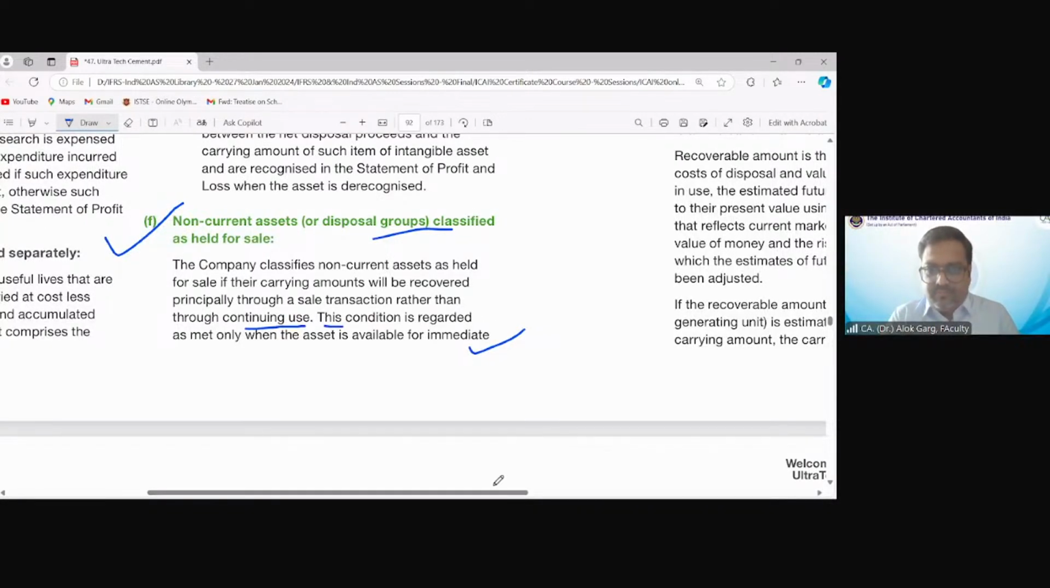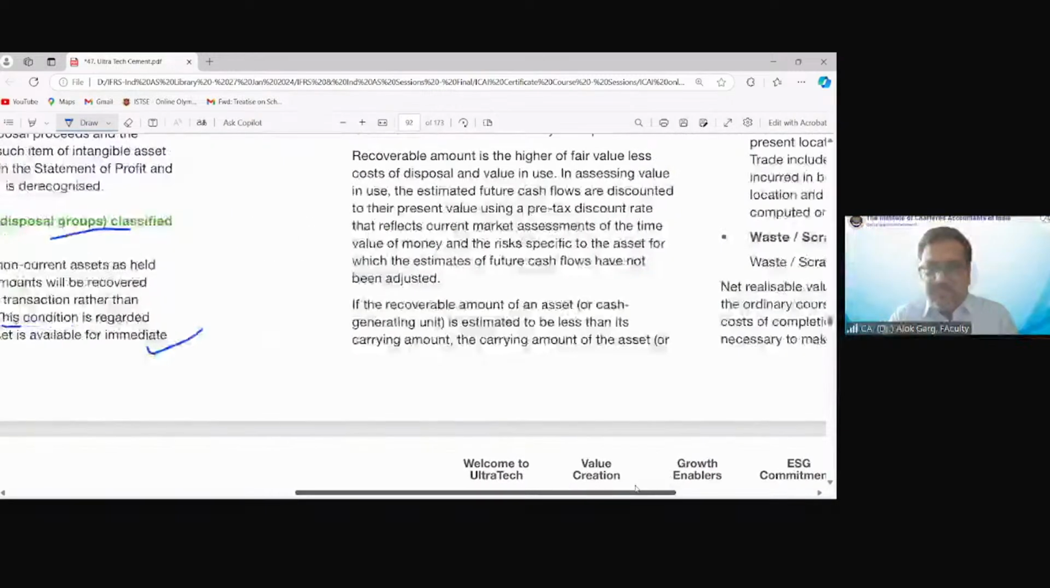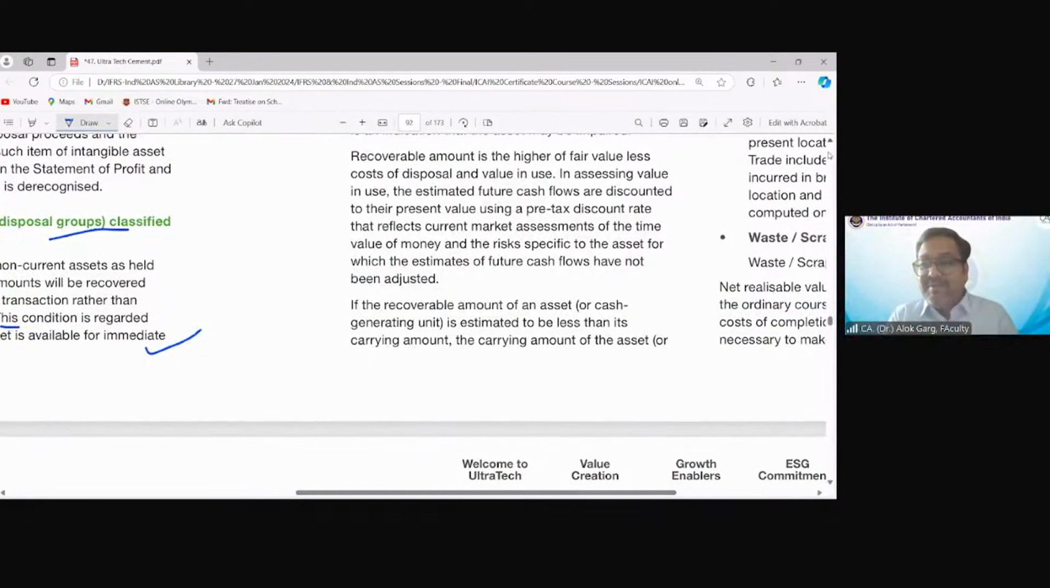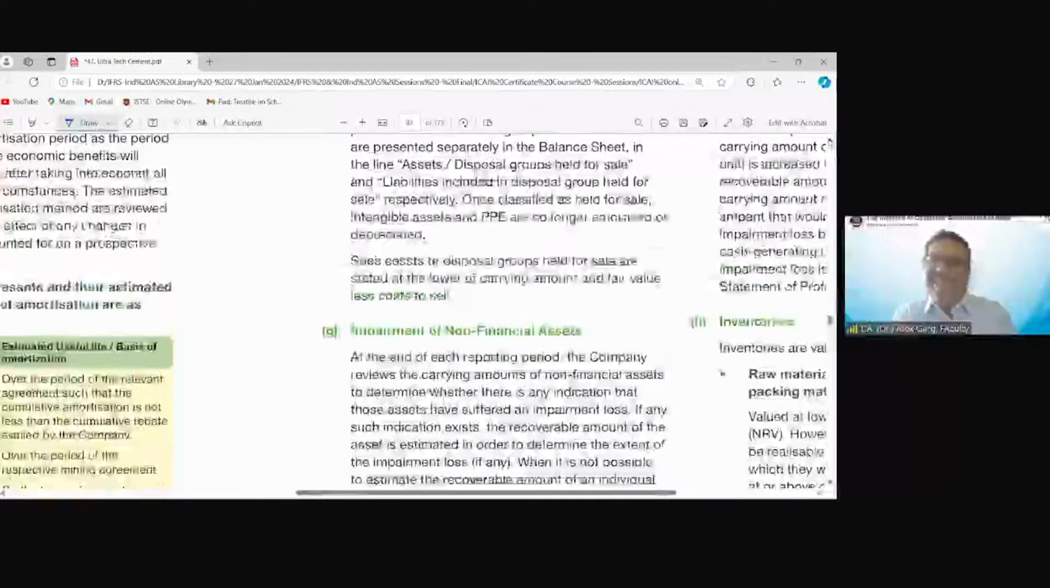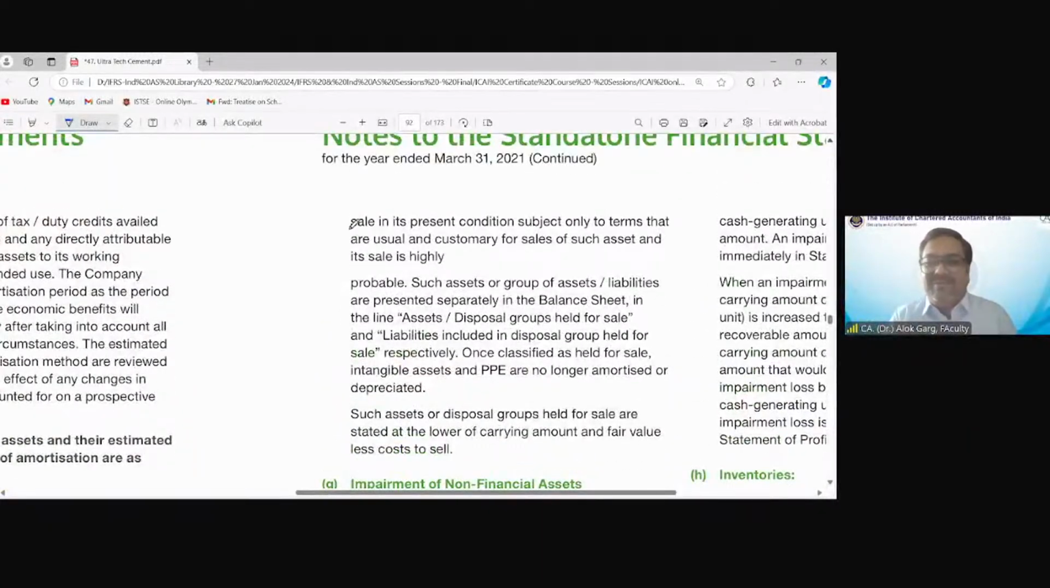This condition is regarded as met only when the asset is available for immediate... What? Immediate sale. Yes, immediate sale. आपने अपने आप ही fill in the blanks कर दिया. Very good. Immediate sale in its present condition. हाँ, please read. Please continue, Sumit. Subject only to the terms that are usual and customary for the sales of such assets, and the sale is highly probable. Just hold on. Have I discussed this? The asset has to be available for immediate sale in present condition, subject only to the terms that are usual and customary,